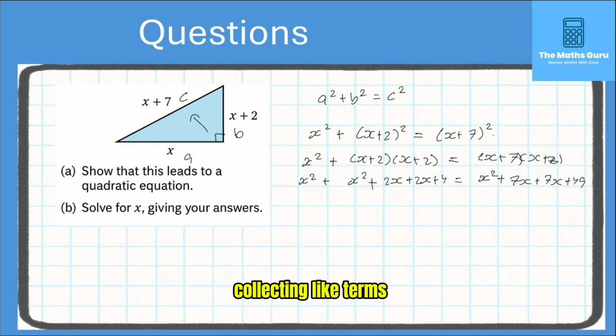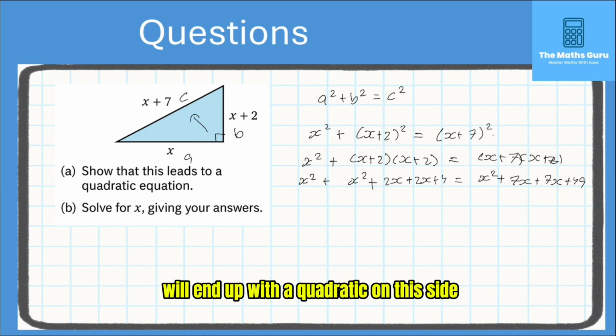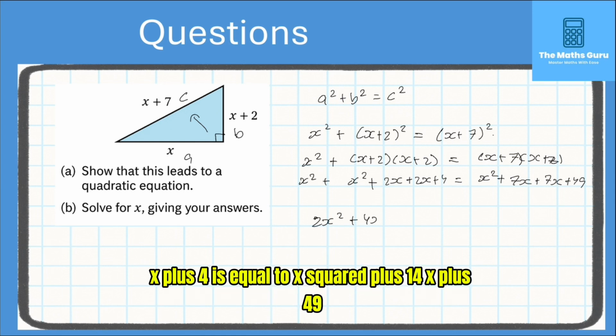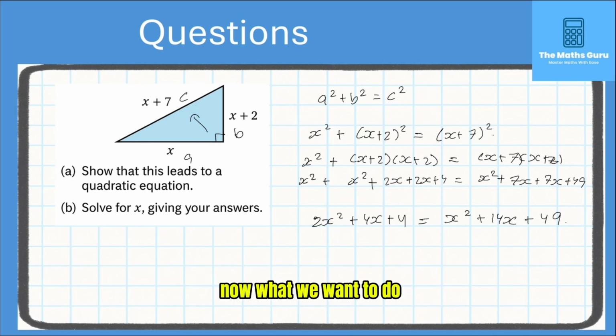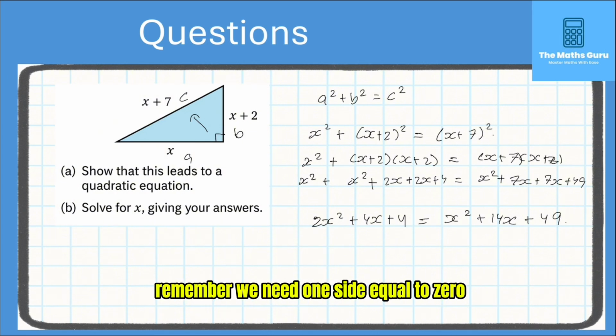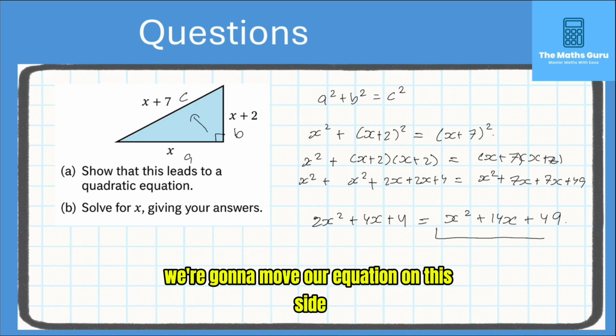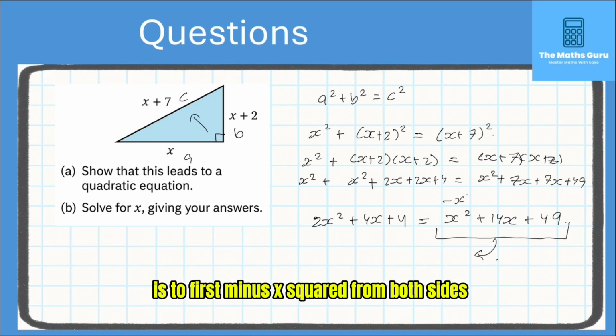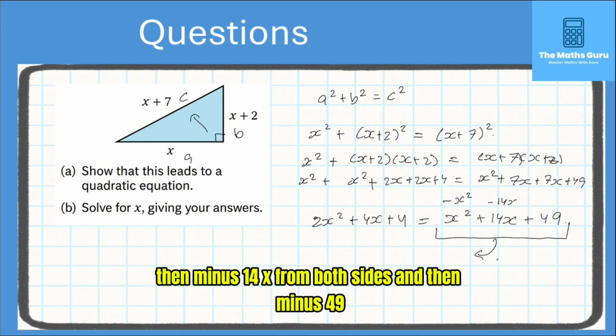Now, collecting like terms, we'll end up with a quadratic on this side being 2x squared plus 4x plus 4 is equal to x squared plus 14x plus 49. Now, what we want to do is to get this into a quadratic form. Remember, we need one side equal to 0. What we're going to do is we're going to move our equation on this side over to this side. The way we do this is to first minus x squared from both sides, then minus 14x from both sides,